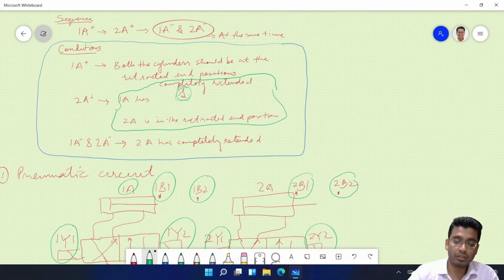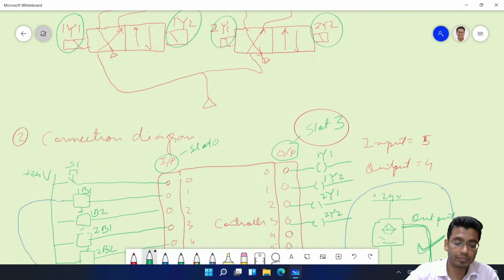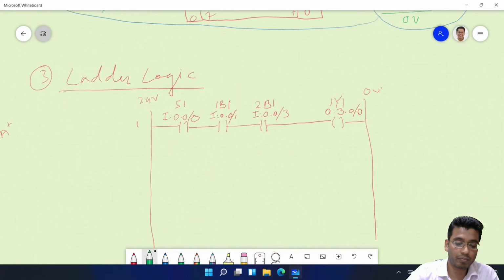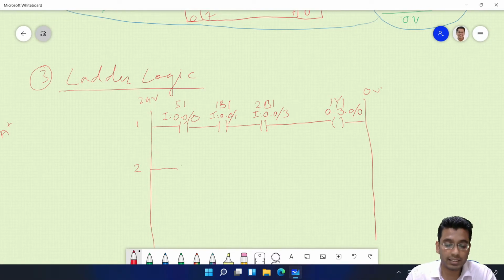Okay, then what are the conditions for actuating 2Y1? So 1B2 should be positive. So first tell me how many contacts will be here?